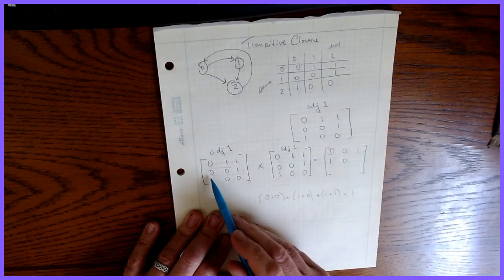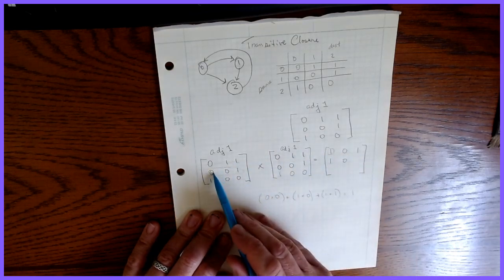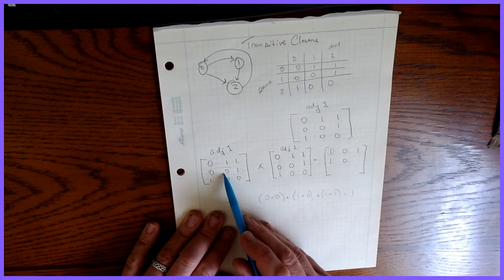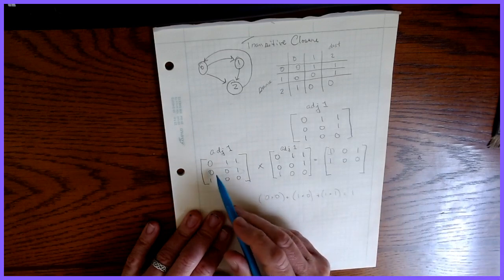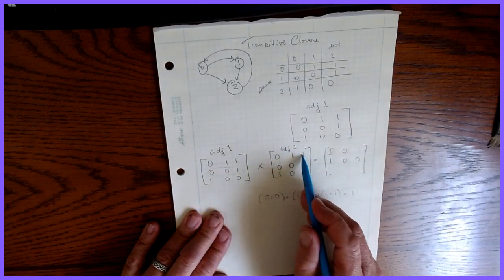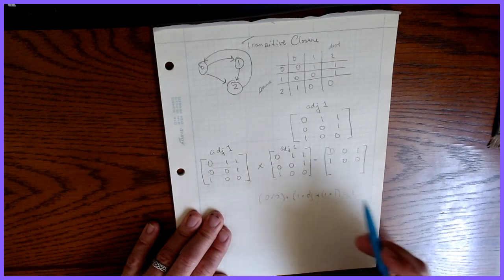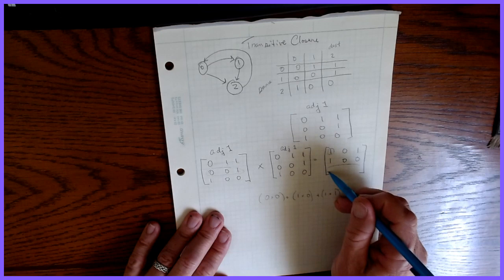And now let's see, to get this last number, it's going to be this row times this column. Everywhere this is 0, we can tell. This 0 goes with that one, this 0 goes with that one, and this 1 goes with this 0. Okay. Now to get this last row,